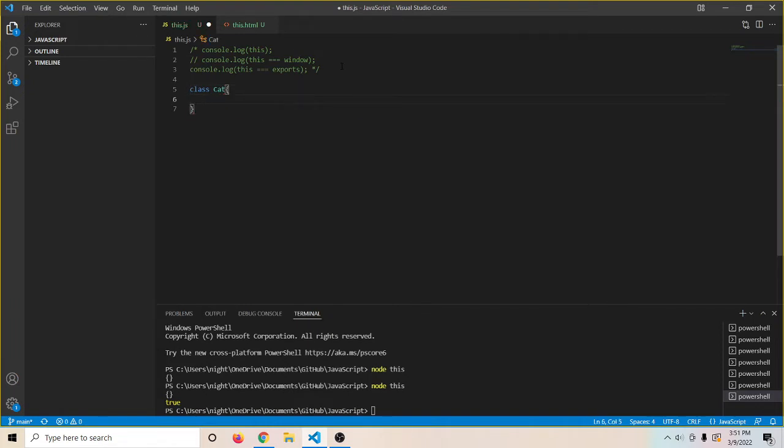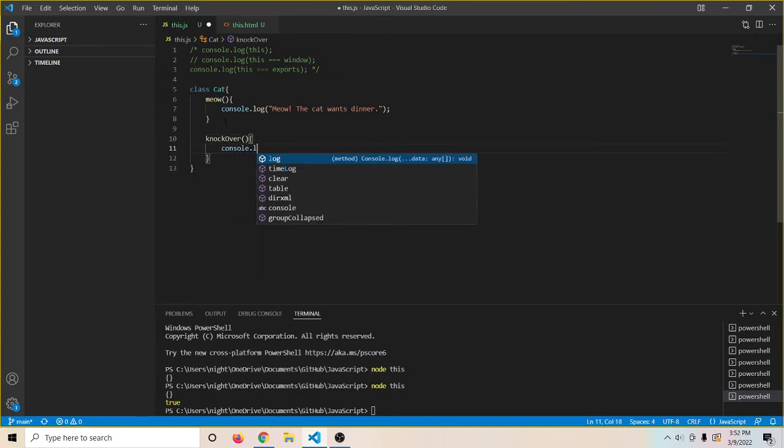Now within our class, let's make some methods, some functions for our cats to do. I'm going to call my first method meow. And it's going to say meow. The cat wants dinner. And for my second method, I'm going to call it knock over. And it's going to say the cat knocks over the priceless heirloom. Okay, so that's a pretty good summary of all cat behavior, so I think we can stop there for our